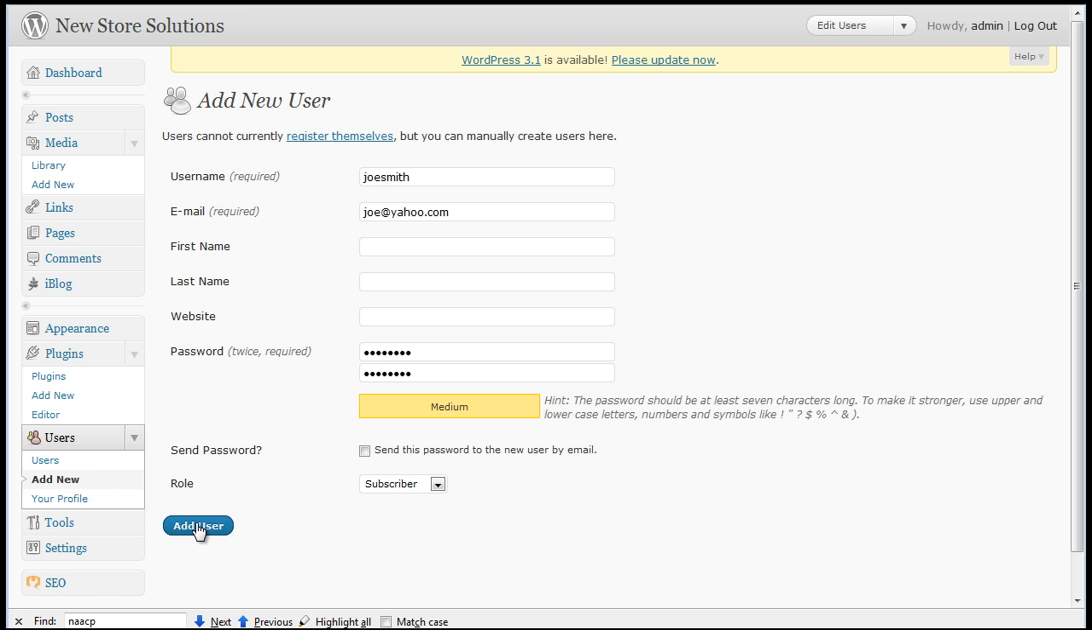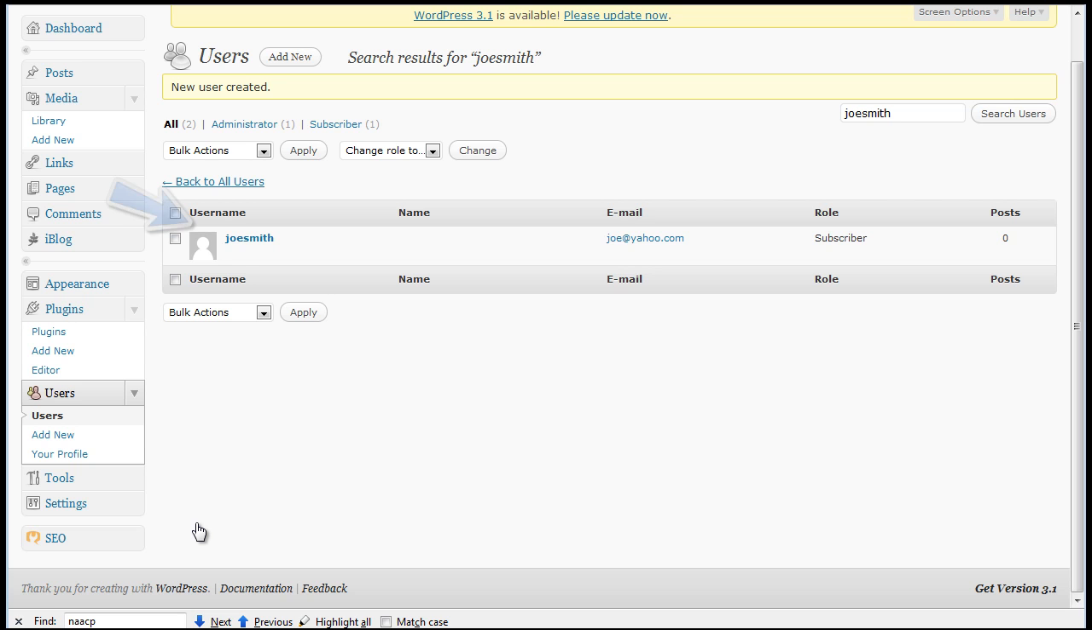This will take you to a screen that lists the user you have just created. You can edit or delete the user from this screen if you want to. To do this, just hover over the username and click on the Edit or the Delete button link that displays below it. To view all of the users, click on the Back to All Users link or the Users link